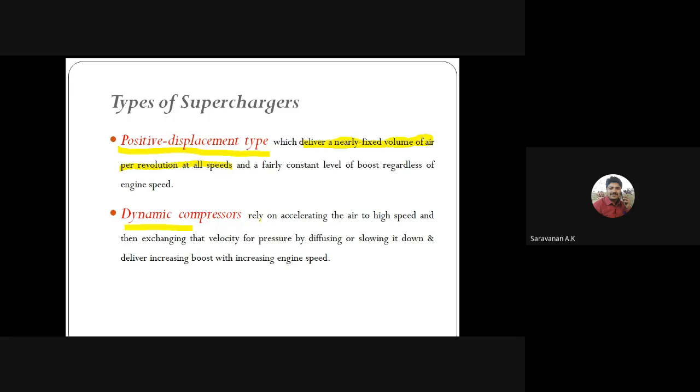In the dynamic compressor, if the acceleration is high due to the high speed of the rotating part, then the velocity and the pressure will increase or decrease by the rotating element, right? I can explain that in the slides. First we can see the positive displacement,